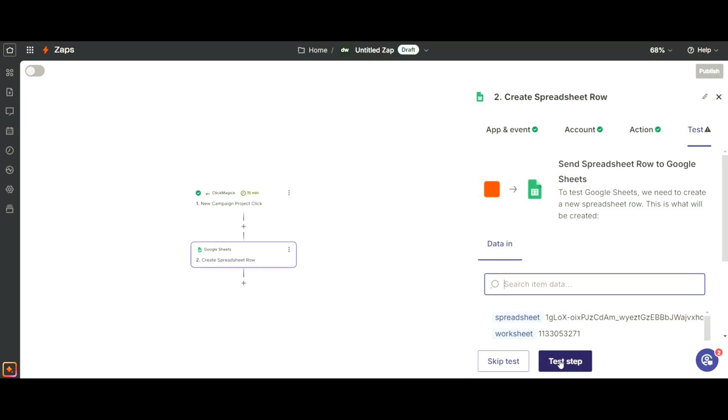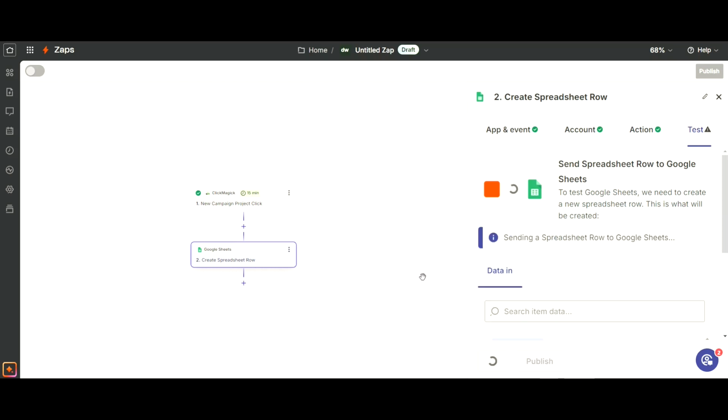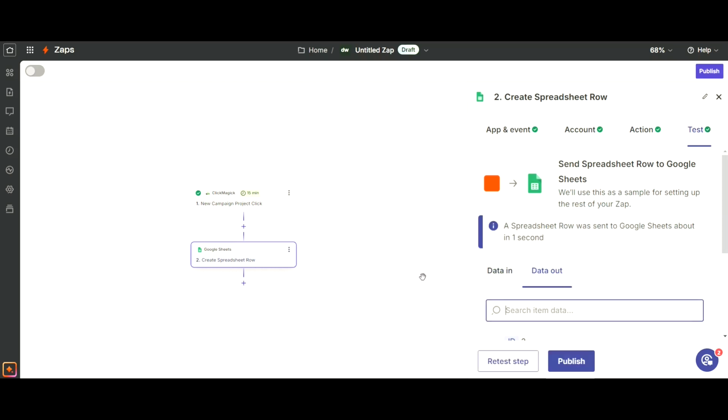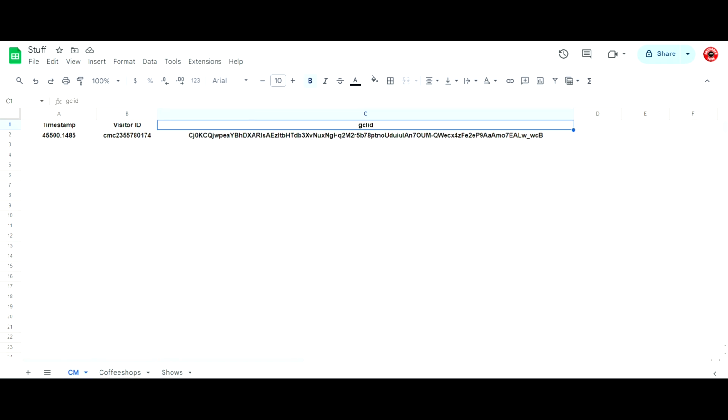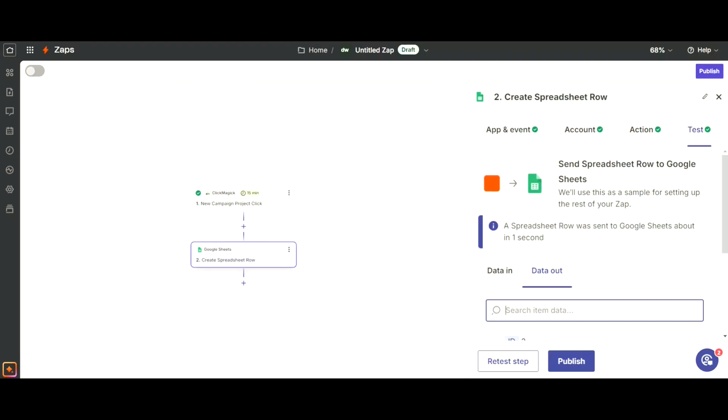and now we're going to test this just to make sure all the things we connected here are working. And it looks like it worked. Let's check our spreadsheet to make sure that that data did in fact get sent, and here it is. It did in fact make it into our spreadsheet. So we're going to then go ahead and publish this Zap,